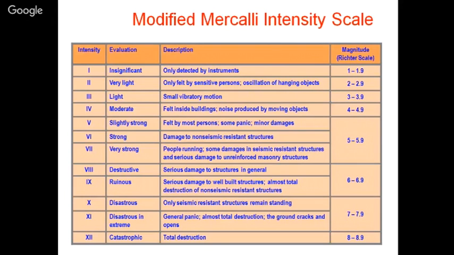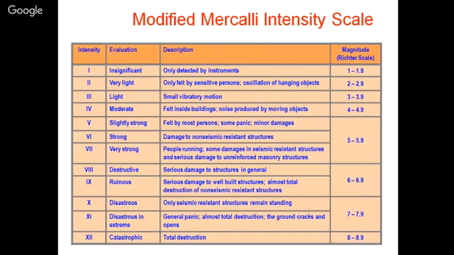Noise produced by moving objects such as the cups and plates in your kitchen, which you might recognize or might not, depending upon your senses. But they have categorized it here as moderate. So depending upon this, we have different intensity scales, and the range of magnitude corresponding to those particular intensities has also been given